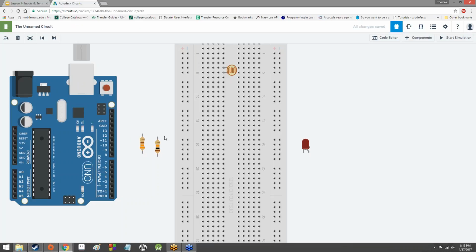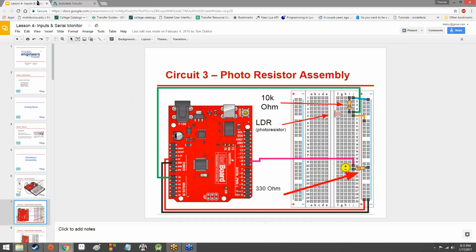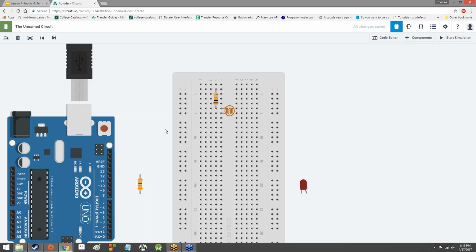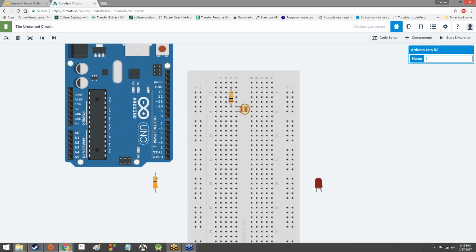Then I'm going to hook up the 10,000 ohm resistor to one end. Now here's the interesting thing. If we look at the diagram here, the 10,000 ohm resistor actually has two sets of things hooked up on it. Two sets of jumper cables, or wires hooked up to it. Jumper cables are a totally different thing. One of them,